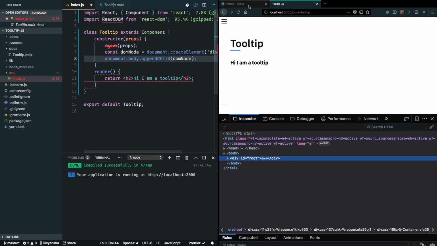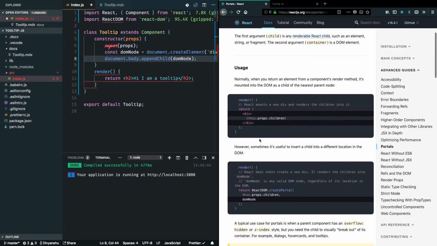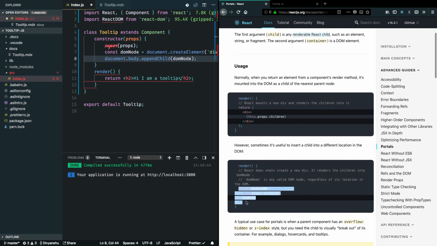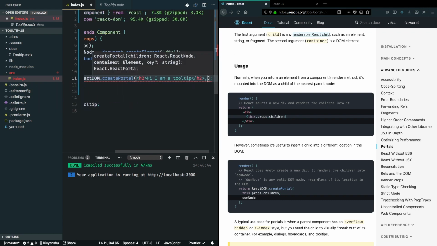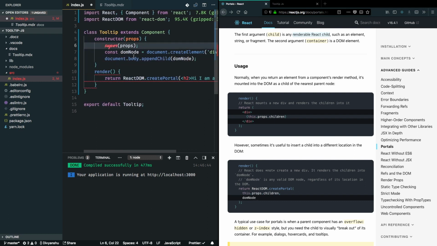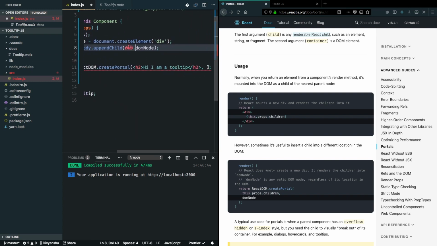And now let's look into the API. So we have to do ReactDOM.createPortal, and I have to return this. So I'll just wrap this return JSX inside ReactDOM.createPortal, and here the second parameter we need to pass is our DOM node. So domNode is inside our constructor, so I'll just convert this into a class variable. So I'll give it this.domNode, change it here as well, and now inside the render function I can just use this.domNode. Give it a save,